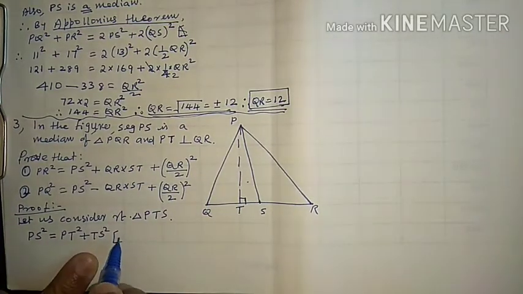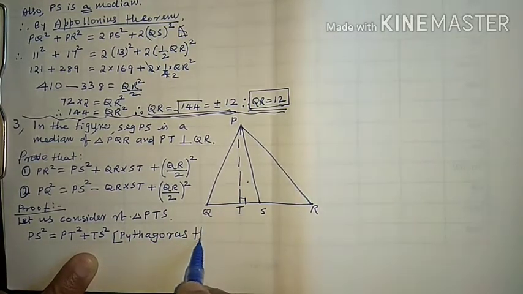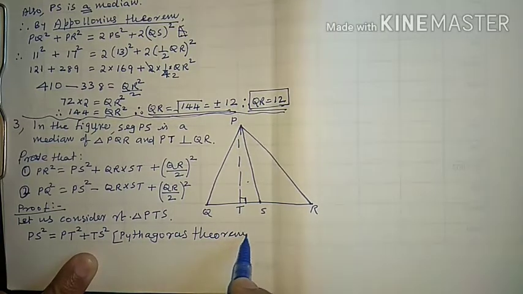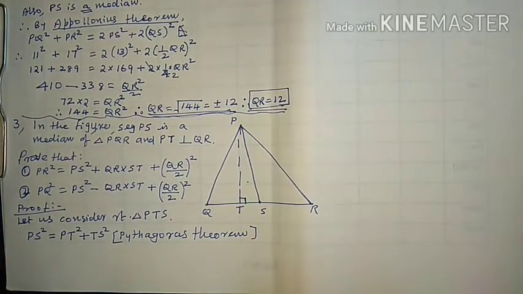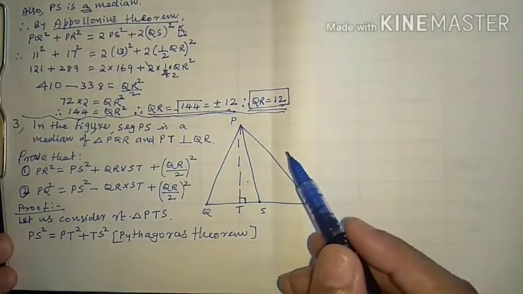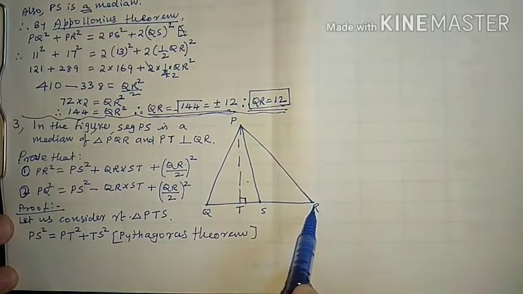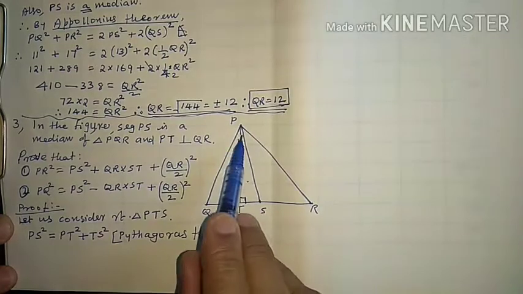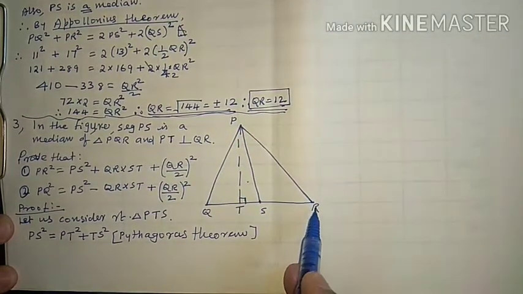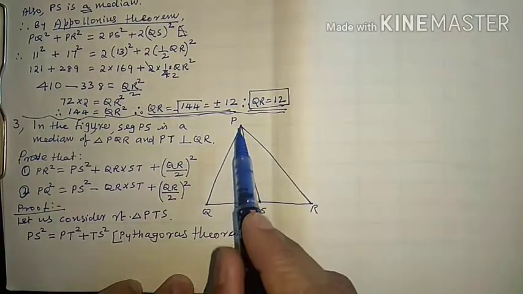What is the reason? This is by Pythagoras theorem. Wherever required, we use it. Now see the first one, PR square. As PR is the hypotenuse, we have to take a right angled triangle, which is